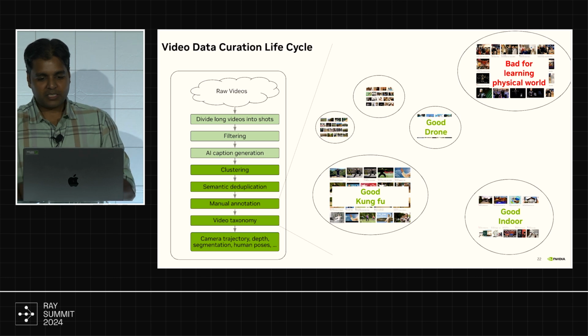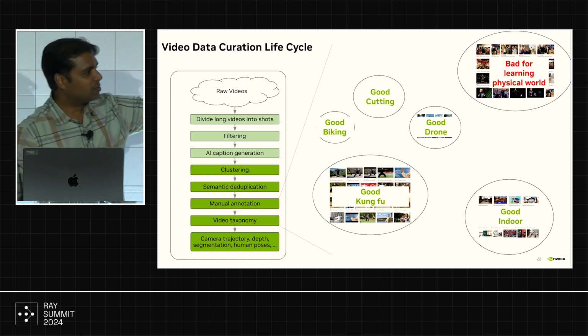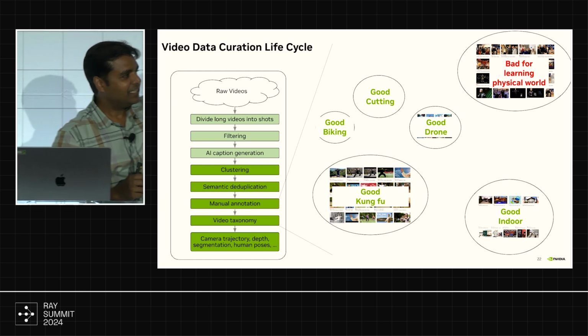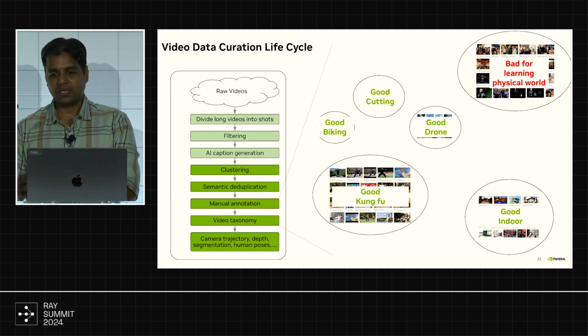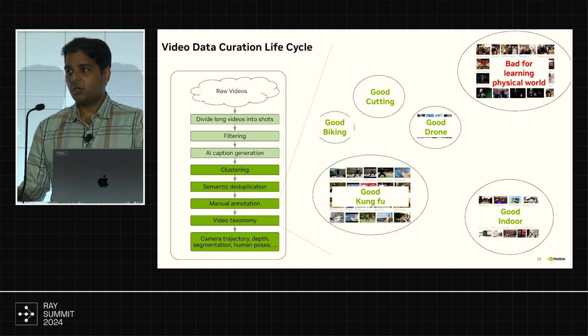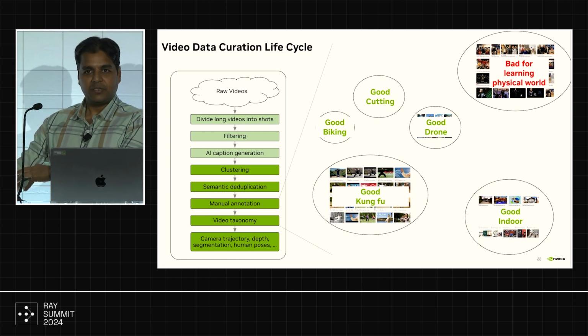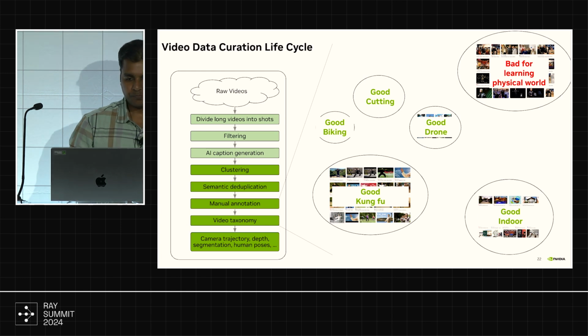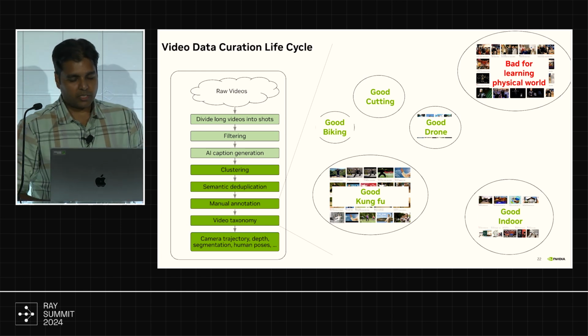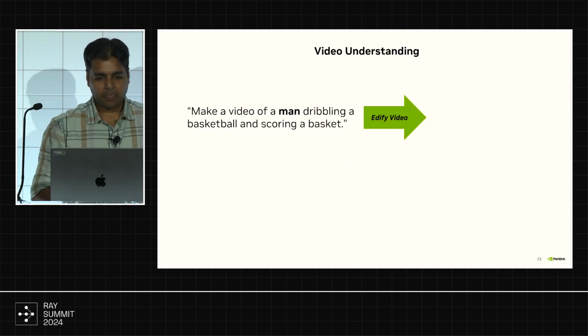So a human can go and say that, yeah, this particular cluster is good for biking videos, this is for cutting, this is for drone, and so on and so forth. We can even mark things as, okay, if you're training a physical world model, then these right side videos are not good. So this is something we do, and it feeds into the data pipeline. And we have more that I will talk about today.